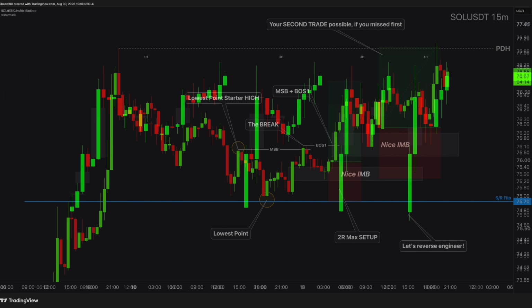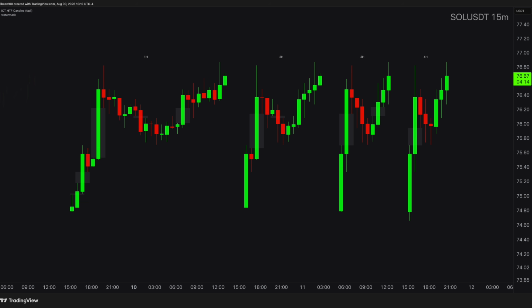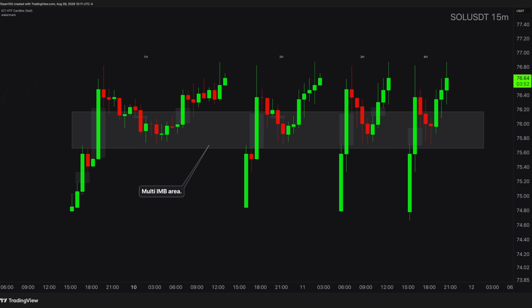Now you are asking me, all great, but how did we find that trade in the first place? This is the main question, right? The answer is again not that complicated actually. All you need to do is look for multi-imbalance areas in the higher time frames, that's it. Mostly hourly time frames like this one here. So basically those trades we just worked on and identified in the lower time frames happened right in this area